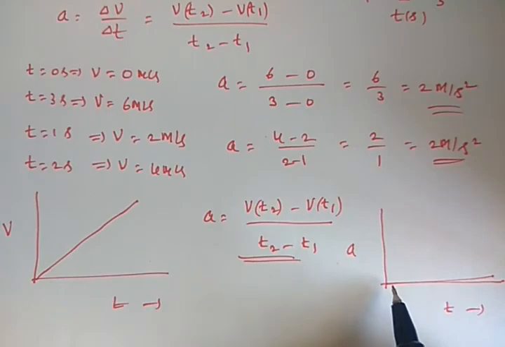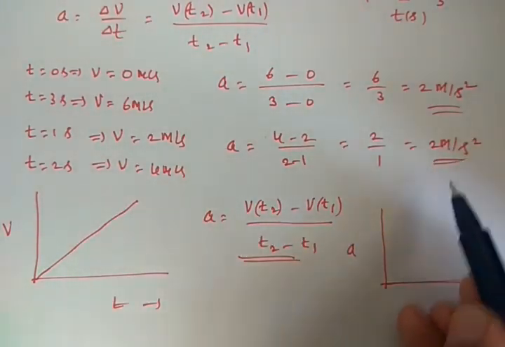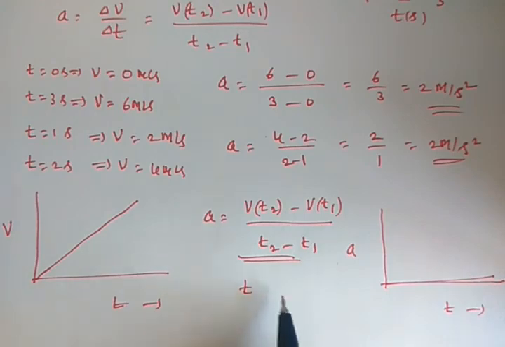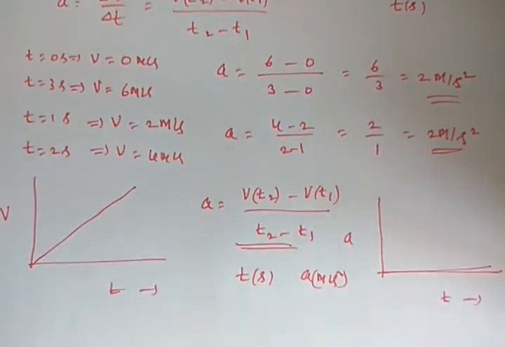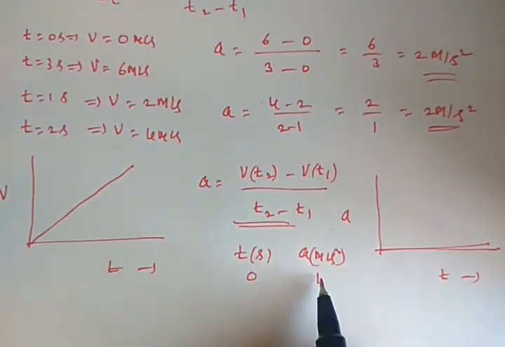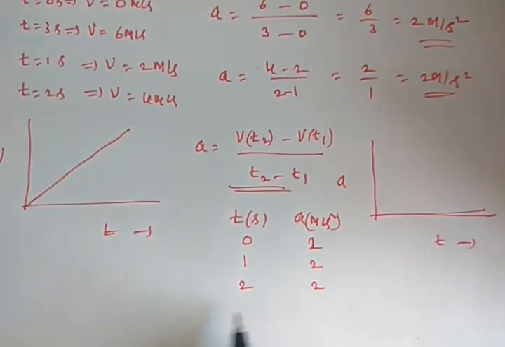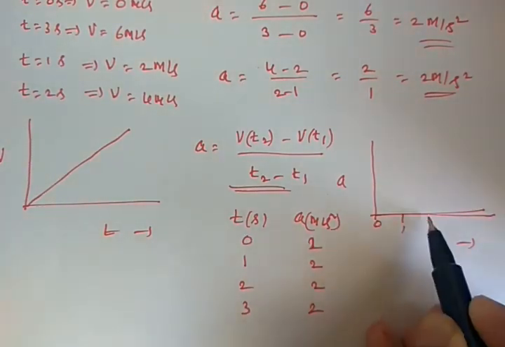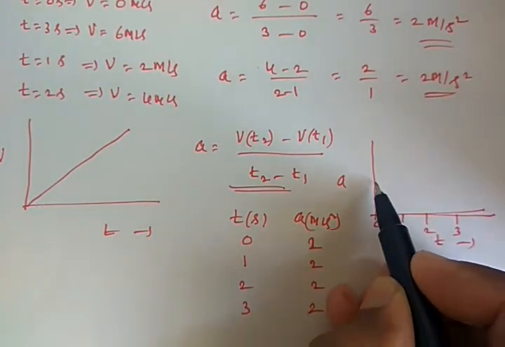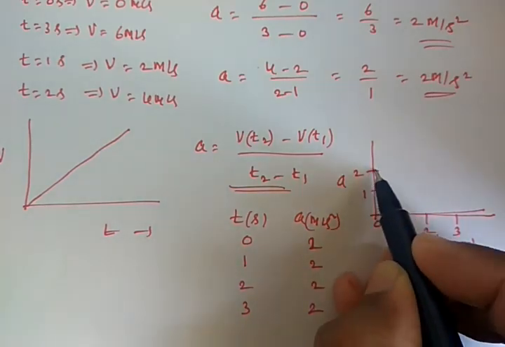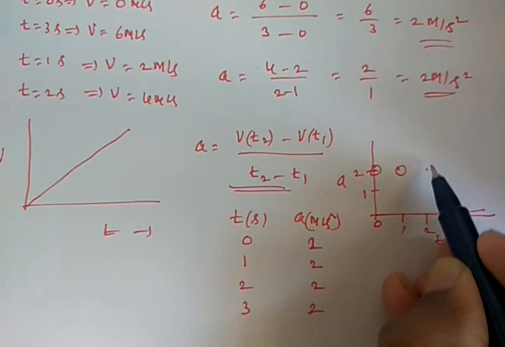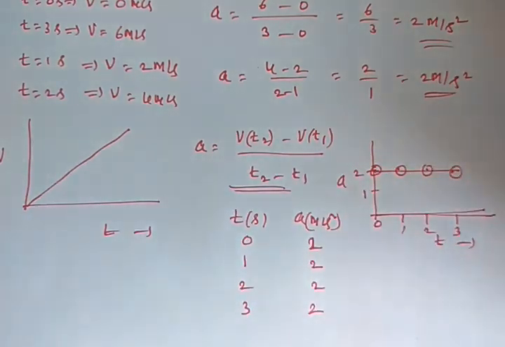Let us take the data points once again. When time t is 0, acceleration, measured in meter per second square, is 2 meter per second square. At time t is 1, again the same acceleration, 2. At 2 also the same acceleration, and at time t is 3 you also get the same acceleration. So when you draw the graph here, with 0, 1, 2 and 3, acceleration is common everywhere, it's 2, and for 1 also it's 2, for 2 also, and for 3 also. So this is the plot you get.